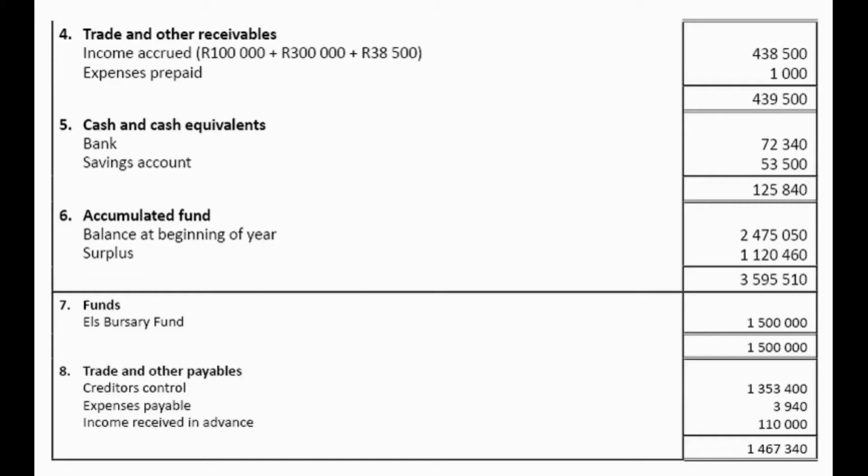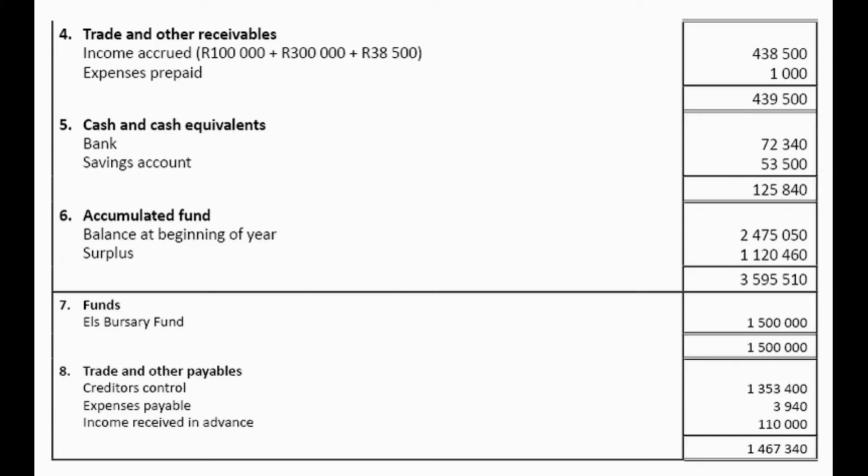Okay. Then we get to 7 funds. We just have that one fund, the else bursary fund, for 1.5 million, and you get that from the trial balance. Then we get to number 8, trade and other payables. Creditors control, that amount straight from the trial balance. Expenses payable 3,940. That was for the telephone that was not paid for December. It was an adjustment for the telephone, and that is where I get that expenses accrued or expenses payable, that 3,940. If you've opened that account, you would remember to enter it under trade